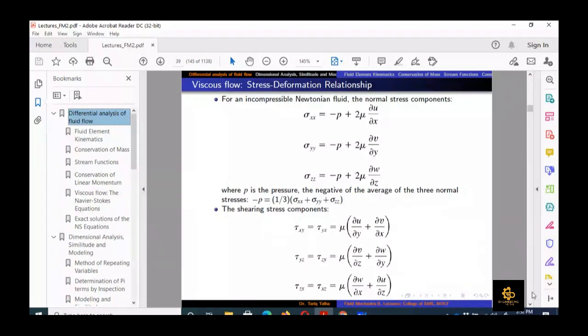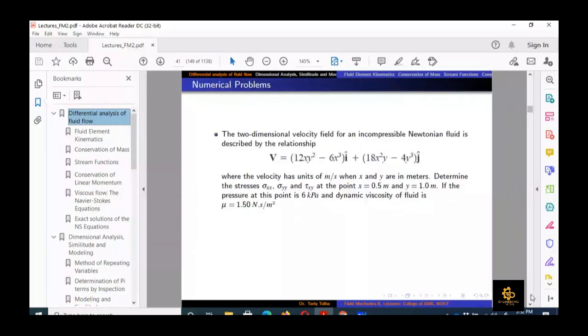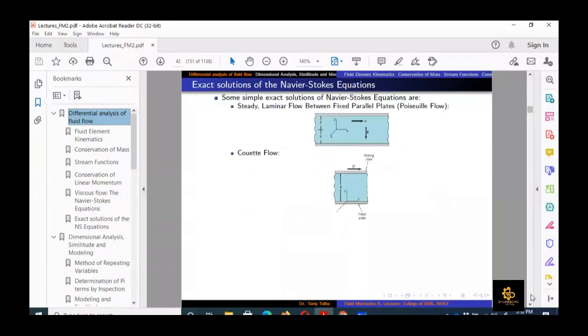After we put these relations in the governing equation, which are shown on this slide, we can get these relations. These are the three linear momentum equations in x, y, and z directions, which govern the incompressible flow. They are non-linear second-order partial differential equations, and the exact solution of such equations is not found yet for the complete equation. But for certain cases we can simplify the equation so that it becomes an ordinary differential equation,